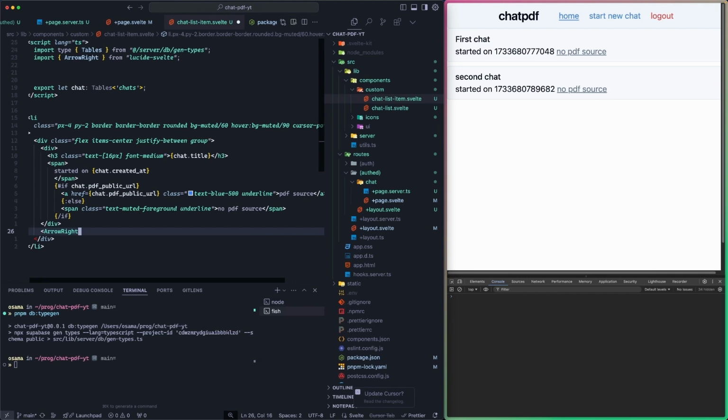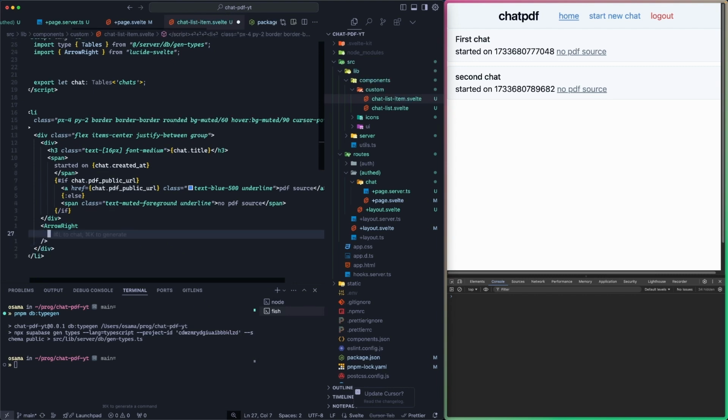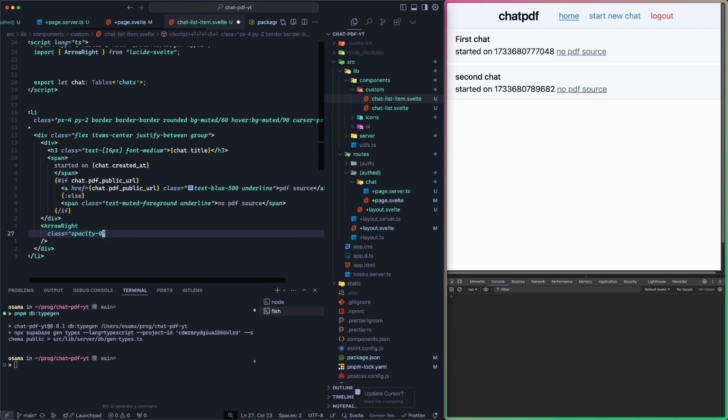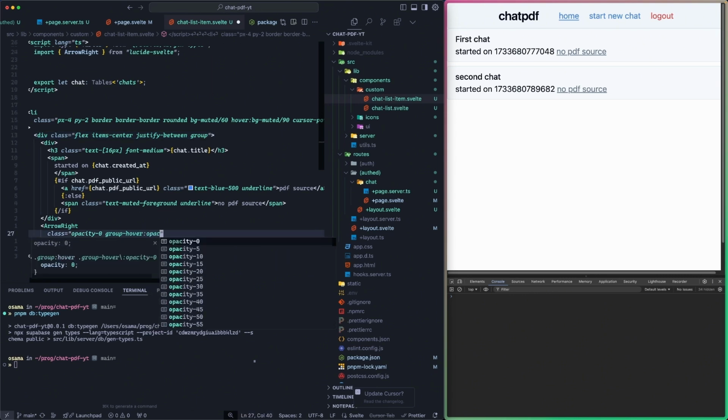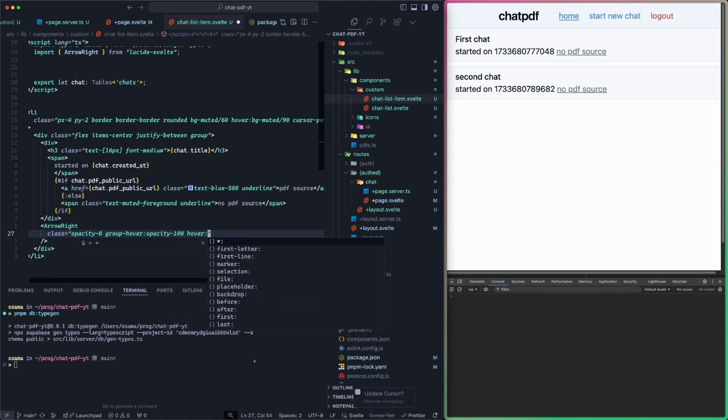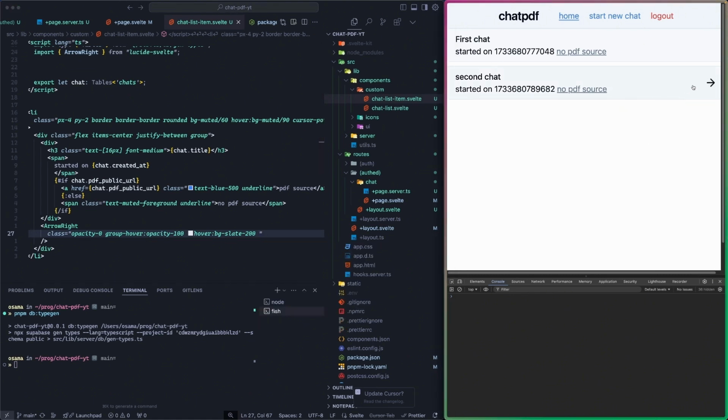We're gonna add an arrow right icon so we can indicate that this chat can be opened. And here's when the group property comes into play. So by default, it should be hidden. But when we hover over the group element, which is the parent element, this div, then we are gonna say that, okay, make this visible by setting the opacity to 100. And when we hover over the arrow itself, we can also change the background color for the icon. As you can see over here,